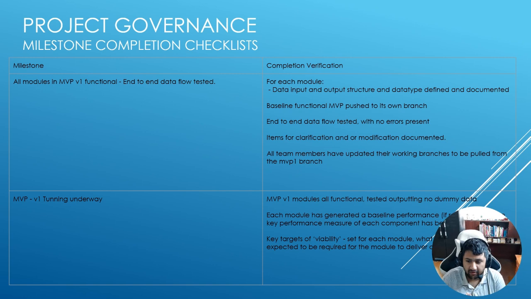There are five primary milestones for this project that we will need to achieve for completing the project. The first milestone is to ensure that all parts of the code are functional, that there are no errors present, and that each part of the code is worked on, is documented for clarification, and is to then be used for the final overall report. The second milestone is to check for key performance metrics slash baseline performance for each module, to set a viability target for each module, to check the level of performance for each module for satisfying the project outcome.